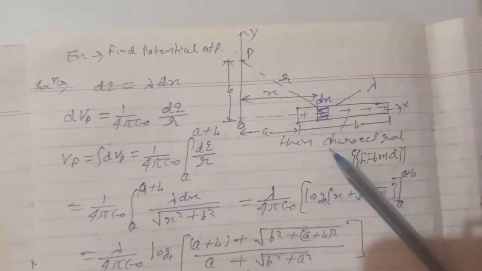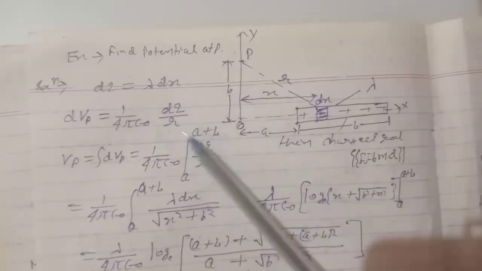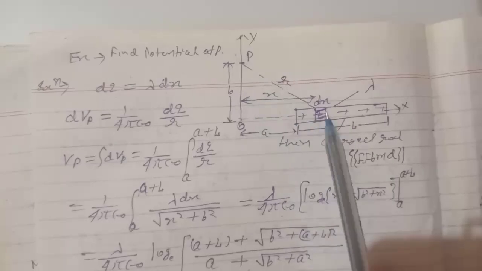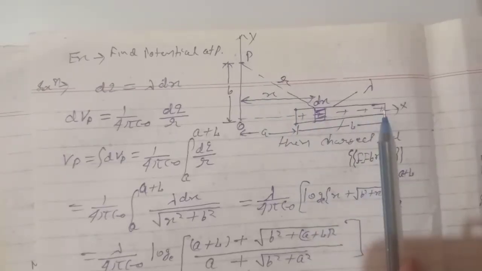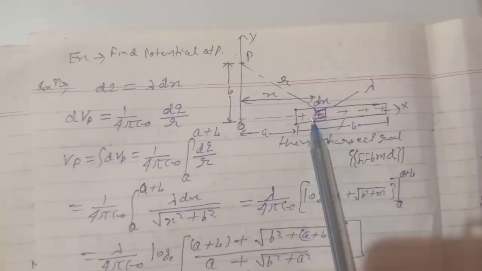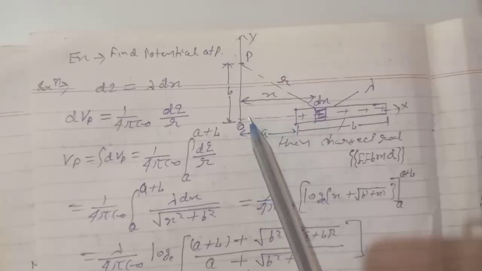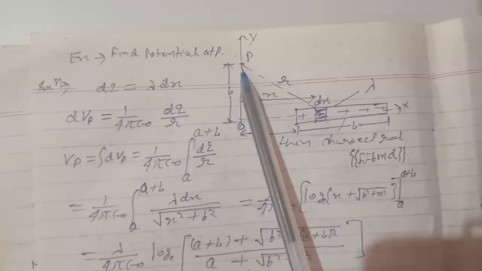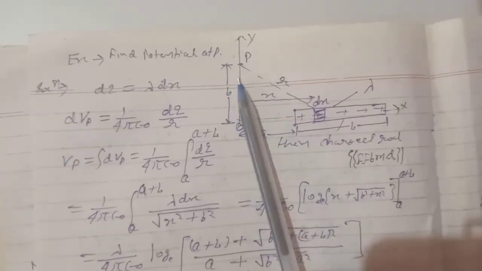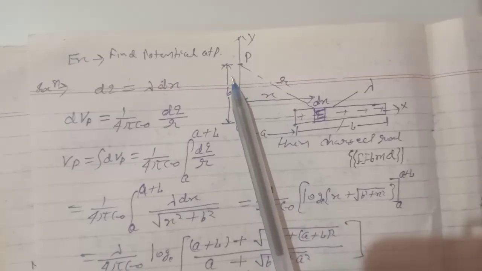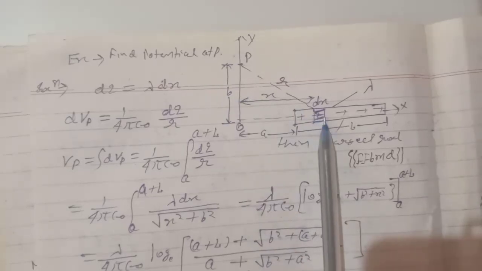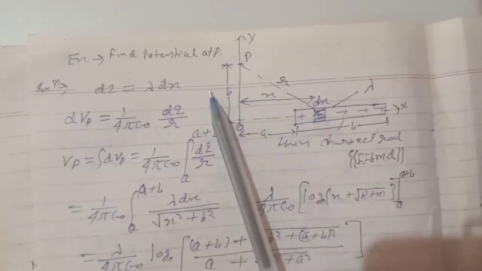Next we have to find the potential at P. It is given a linear charged rod of length L with linear charge density lambda, and we have to find the potential at P as shown in the figure. So what we do here is first find the potential due to an elemental charge and then integrate it